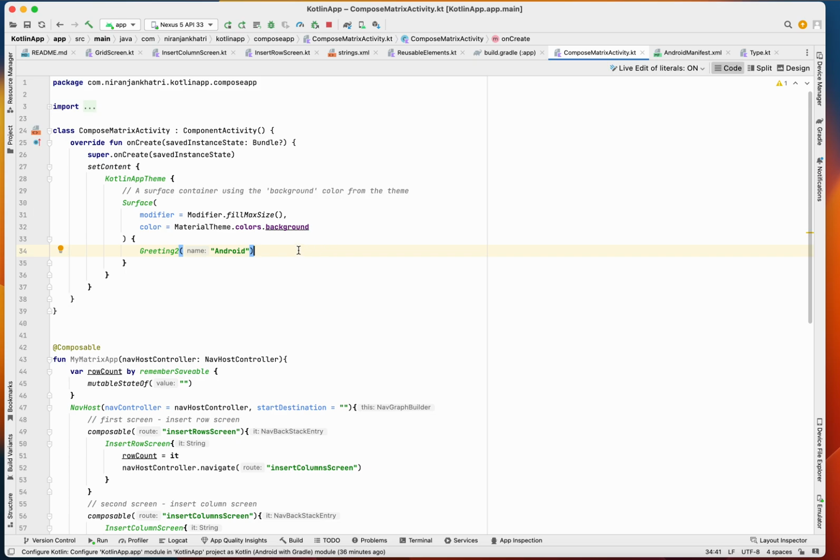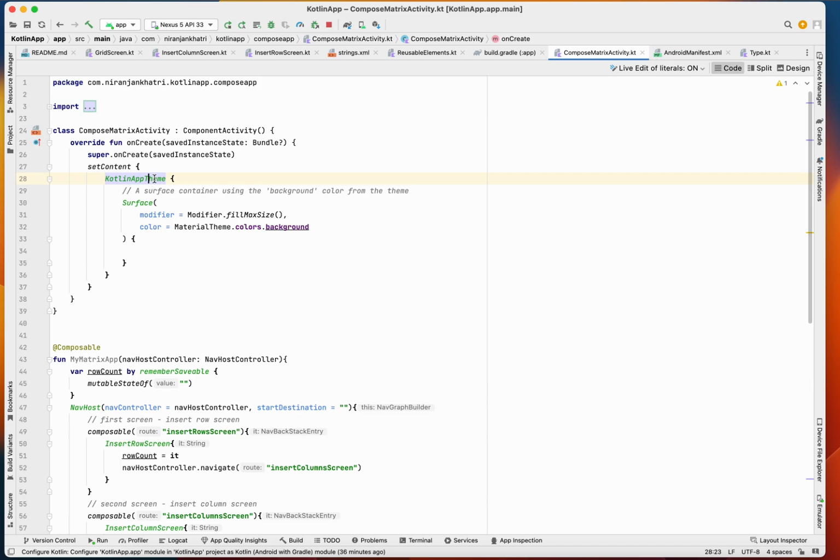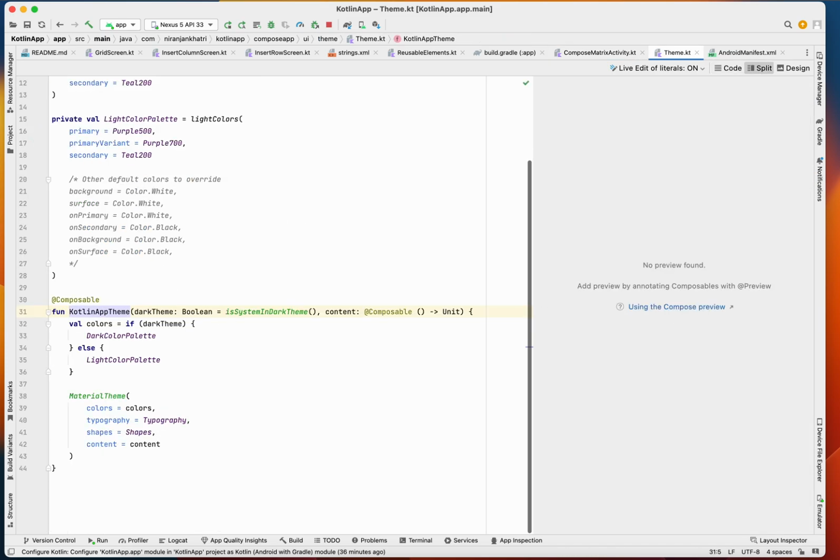But we have to avoid this one, because we will not be calling this one. And my theme is this one. Okay, so I want to just modify my theme, and I have actually missed something very important, which will be